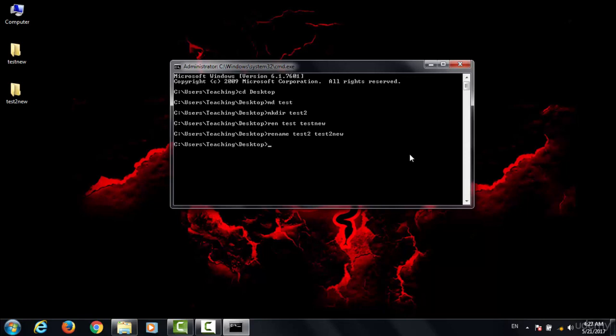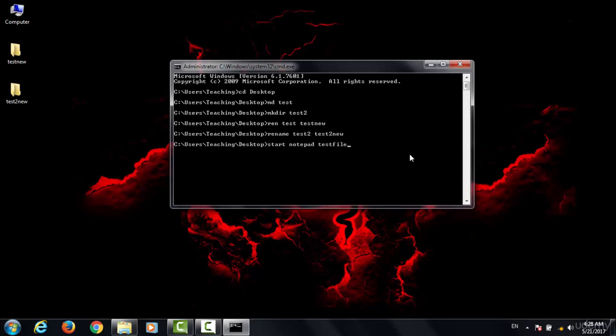So to create a file through the command prompt, we use a command called start. So for example, here I will make a Notepad file. So first we type the command start, then followed by the program of the file. So you want to create a Notepad file, so we type notepad, then followed by the name of the file that you want to create. For example, here I will name it test file,